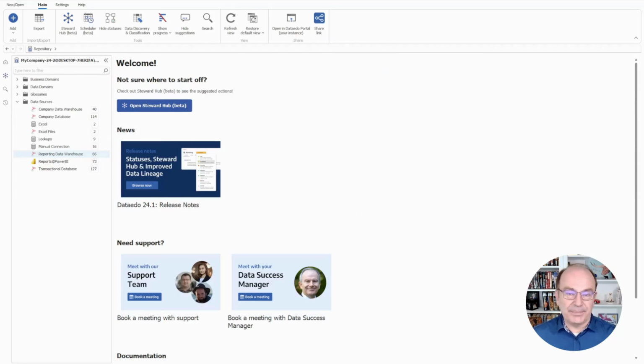You may recall in the past, if you wanted to automate your import of metadata from your data sources, you had to save a command file onto your computer and then either run that from the command line, put it in a batch file, put it in Windows Task Scheduler. However you manage that, it was all done outside of Dataedo. We now have a scheduler on board in the Dataedo desktop app, and that is found right here in the